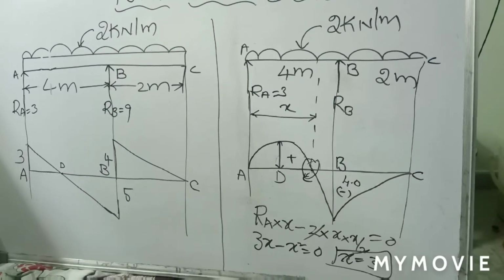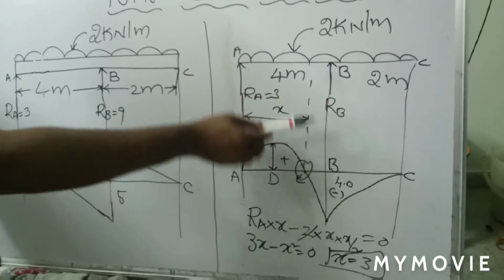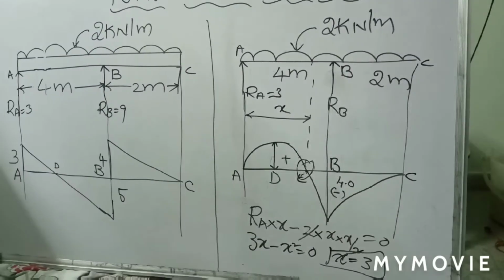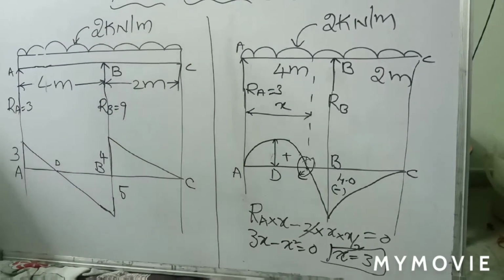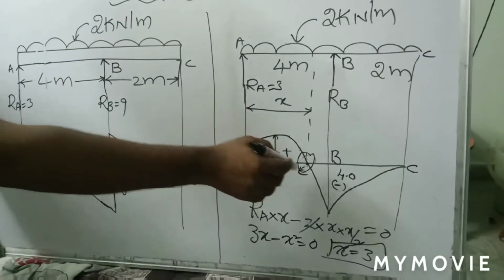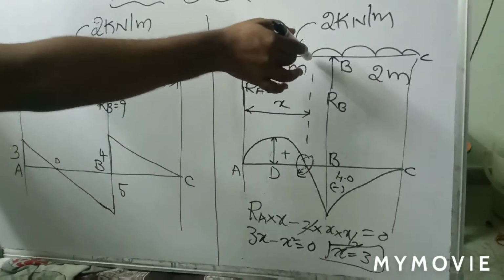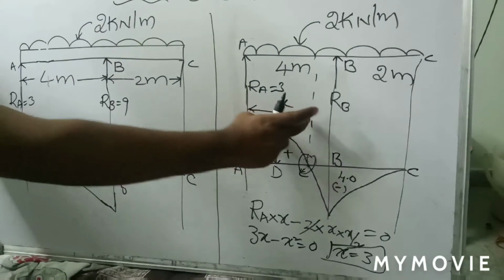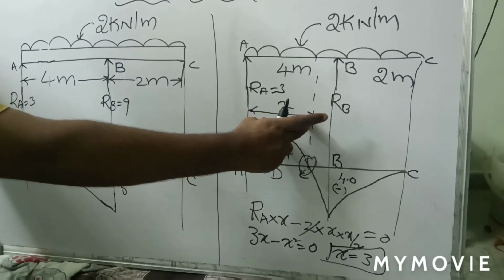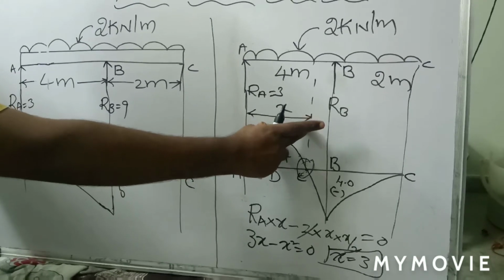Where exactly it is located along your beam, at what distance your point of contraflexion lies, that will be calculated. So identify your point E and project it up to the beam, then locate a distance of x from the beam. Let us assume that it is an x distance.